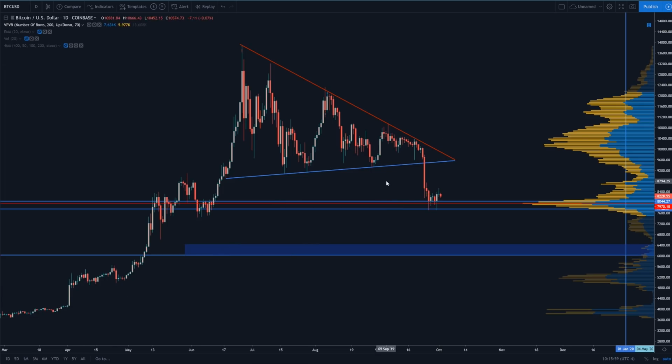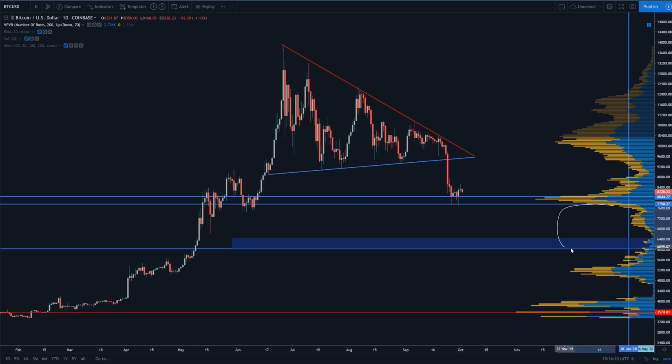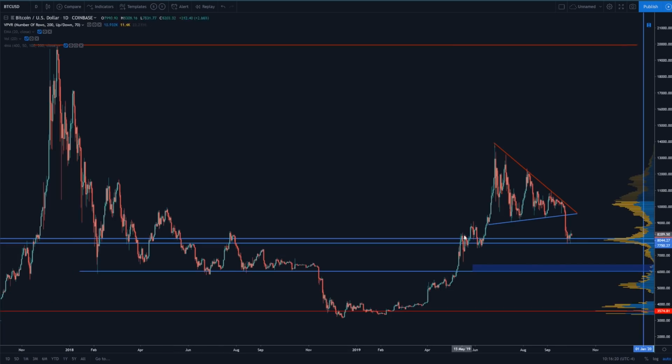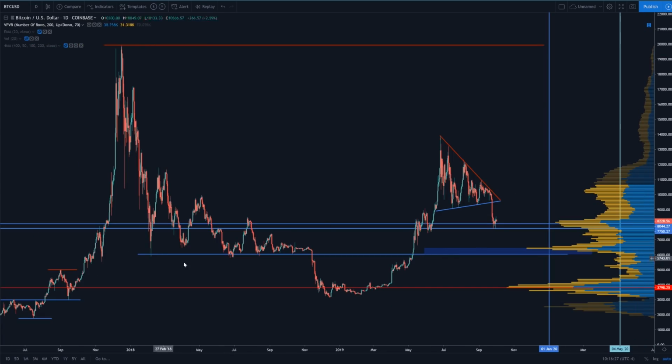And if we go back into a bear market, that is going to cause a lot of sell side pressure, and that is going to drive Bitcoin pretty low. And also, guys, one of the problems with that is that Bitcoin doesn't have a whole lot of support between about $7,700 all the way down to $6,000. The main support that we see is actually in this zone between $6,000 and $6,400. To see that, we have to zoom out to get our VPVR to take all of this into account, and we see that our VPVR is taking into account all of this support that we built around 6K back in 2018. If we fall below $7,700, the next support zone is at $6,000 to $6,400, and